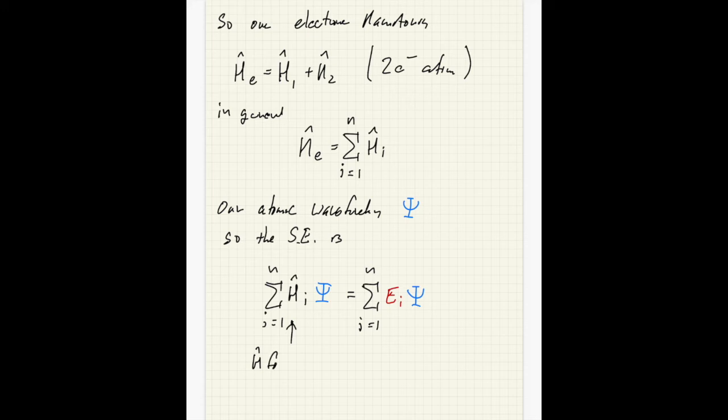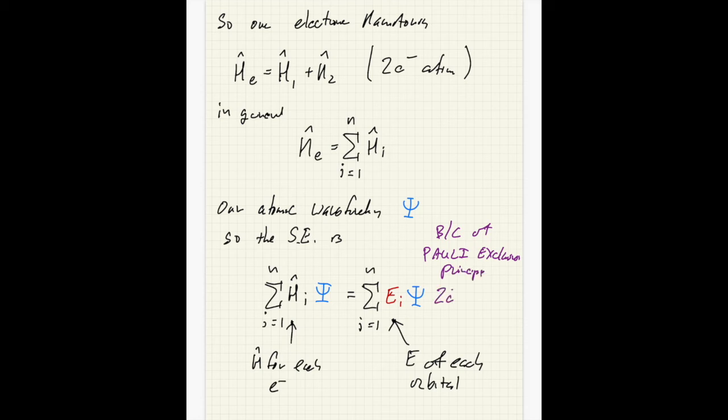So this is the heart of the orbital approximation, that we can treat each electron as if it was in an orbital, again described by this hydrogenic atom. So here we have an energy associated with each orbital, and this holds true because of the Pauli exclusion principle, where we know that each electron has its own set of quantum numbers, and each orbital is going to have two paired electrons, and of course the pairs refer to the spins. Okay, so with that taken care of, now we should turn our attention